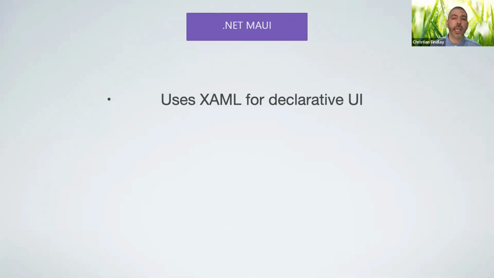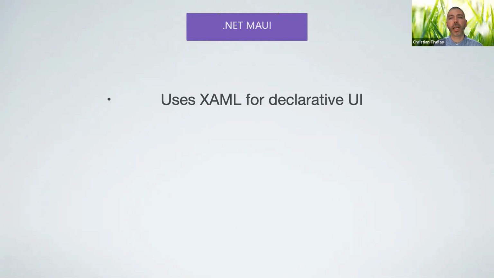It started with the WPF technology, which is one of Microsoft's desktop technologies. I personally really like working with XAML applications. And if you're going to be using Avalonia or MAUI or Uno, you will be working with XAML.